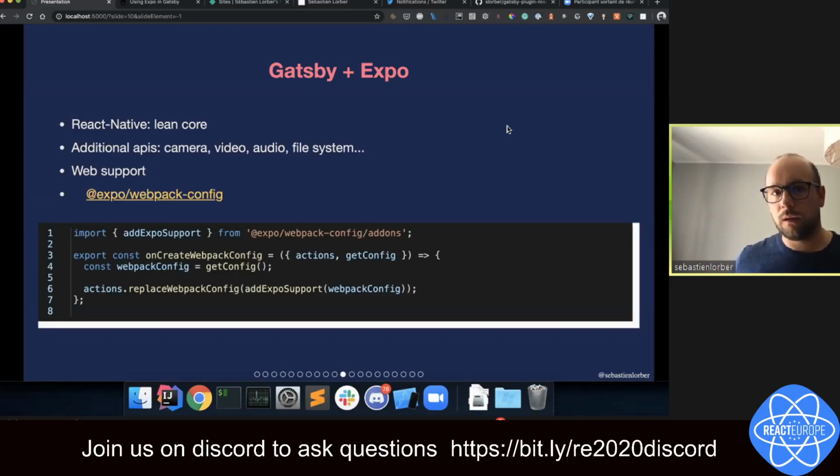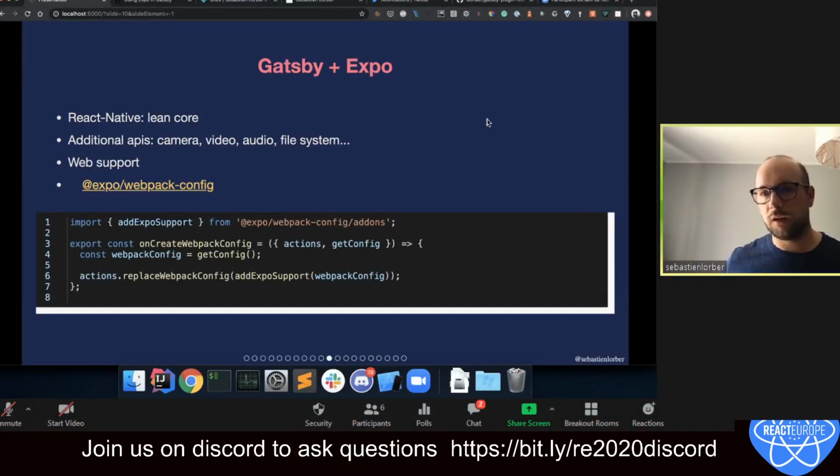Basically, you can run Expo on top of Create React App or on top of Next.js by using the regular Expo workflow or by using the Webpack config. So what I did is take this configuration, and we worked with Evan Bacon to apply it to my Gatsby plugin. Basically, you take the original Gatsby config, and you wrap it in a function provided by Expo, and then you have Expo support on your Gatsby site. So this is my React Native Web plugin for Gatsby.